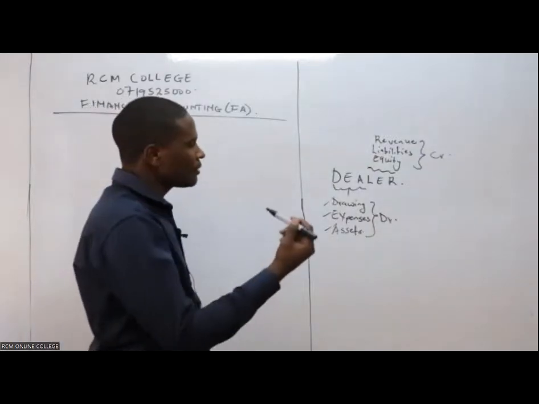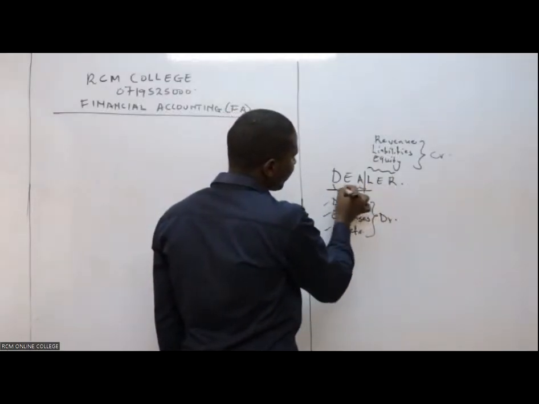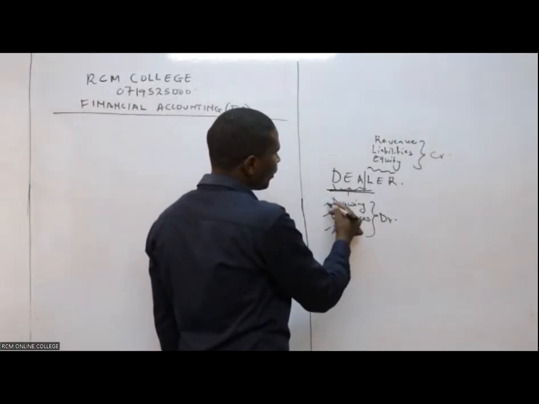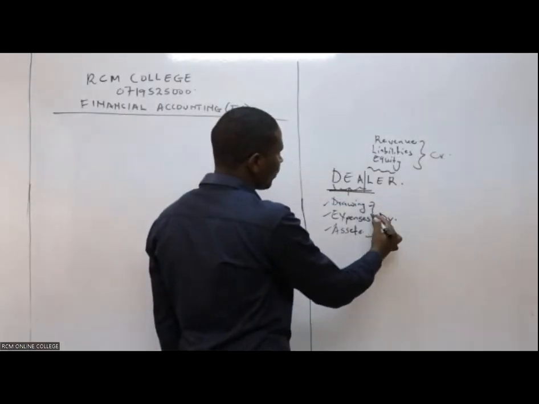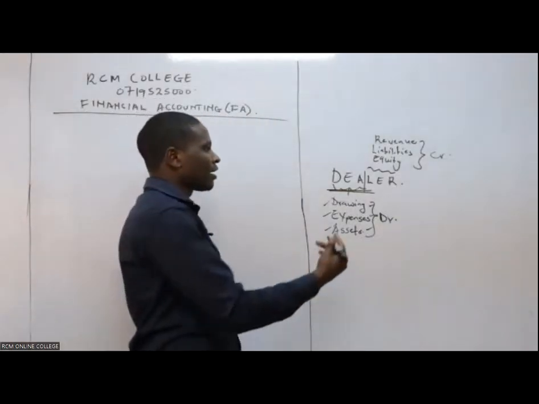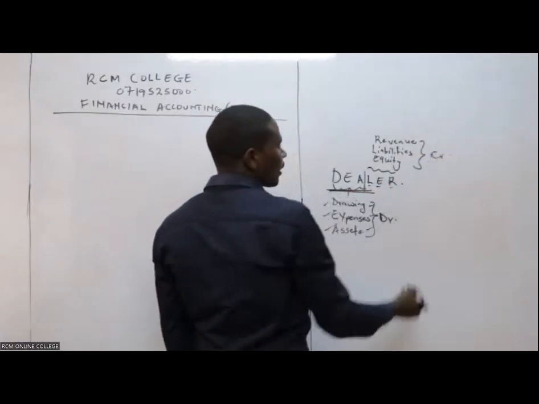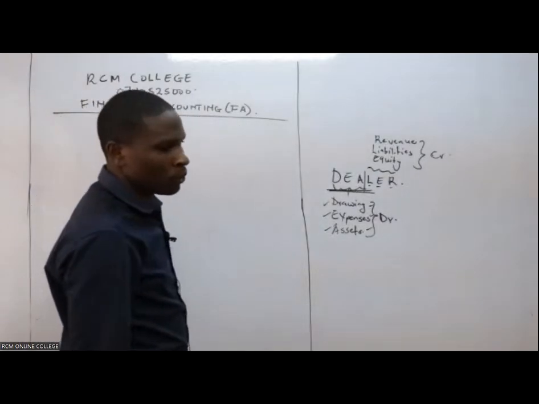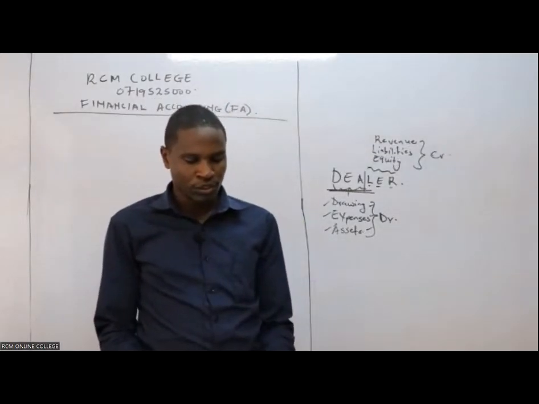Good. At this juncture, you have to be understanding this, or you have to get this concept of dealer. That whatever we have as the debit balance is drawings, expenses, and all the assets. They have a debit balance. And then we have liabilities, equity, and revenue, all sales. They have a credit balance. And you have seen that from the question. Now, I want us to take a look at our question and then solve.